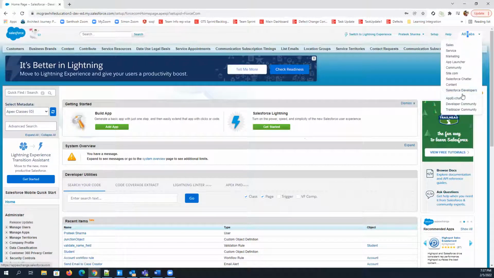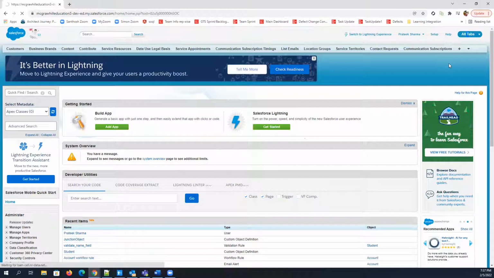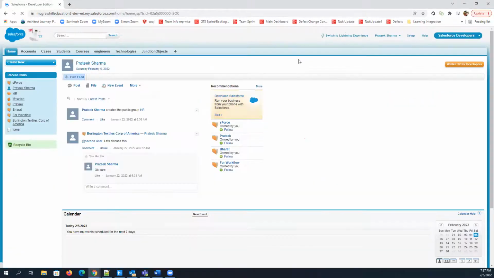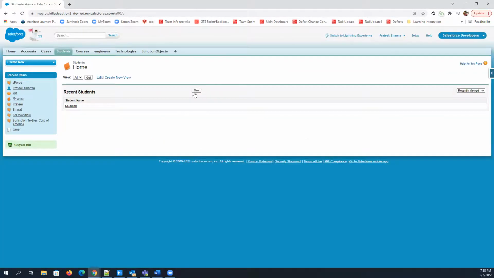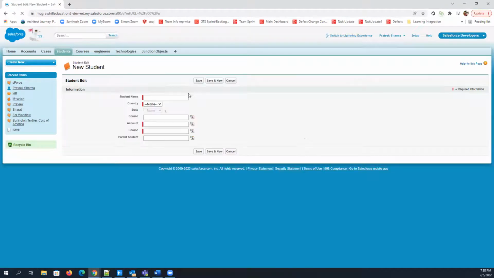Let me just choose our... yeah. So let's say I have this form student, and if I click on new, you will see the set of fields, right? So if I want to put any validation on this, let's say you cannot set India as country or Pakistan as a country, something like that, right? So you can put any validation like phone number or anything.